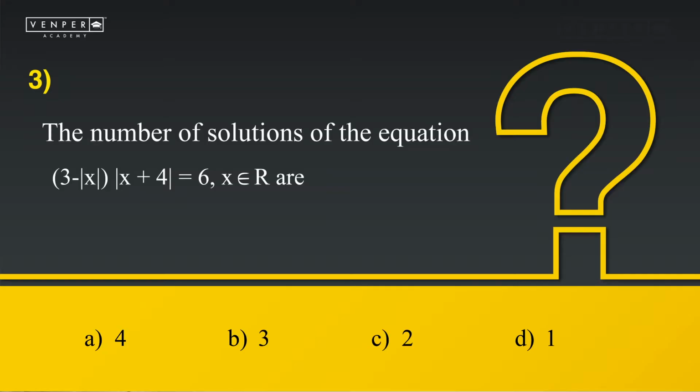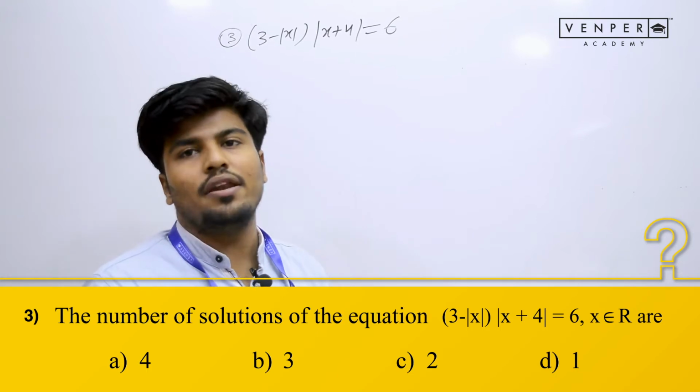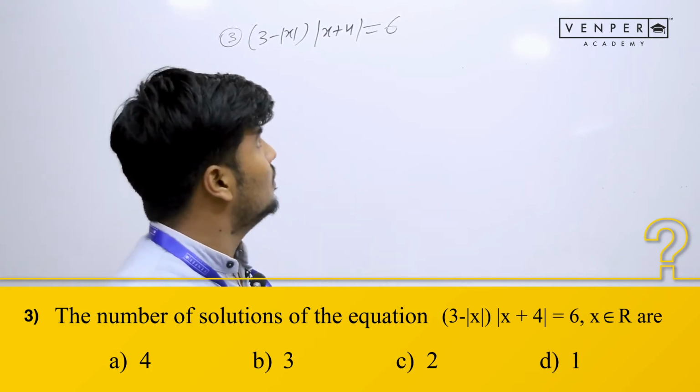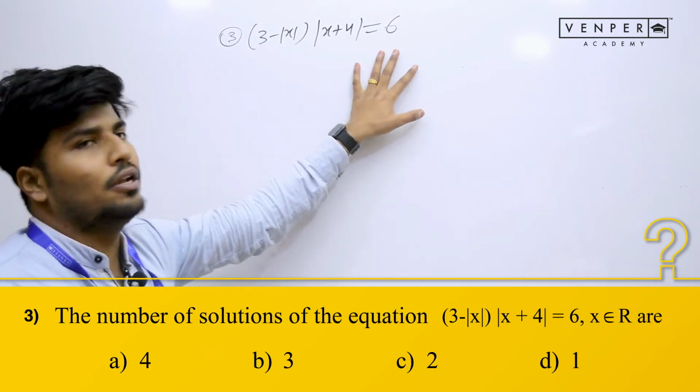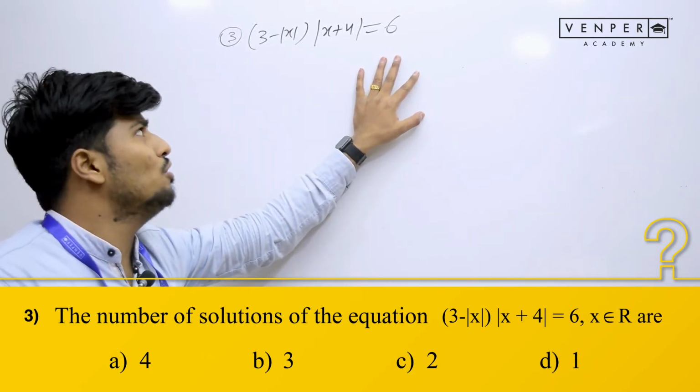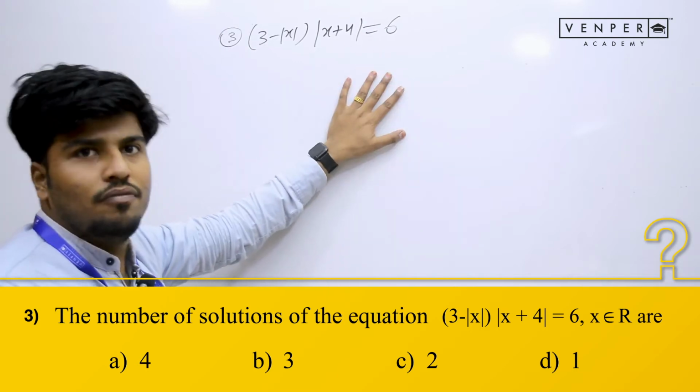This problem is also the same problem of March 2021. How can we solve this problem? What we need to do in this problem is find the solutions of this equation. It looks very easy. We need to find the number of solutions, as you can read in the question on your screen. We need to find how many solutions exist for this particular equation. This question looks easy and it is easy, no problem with that.